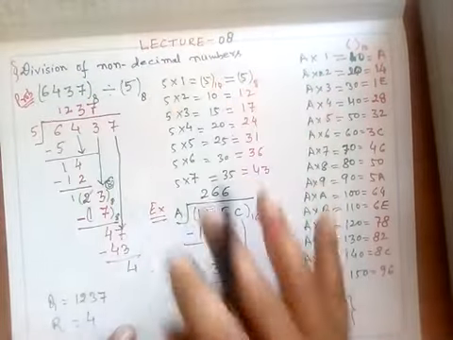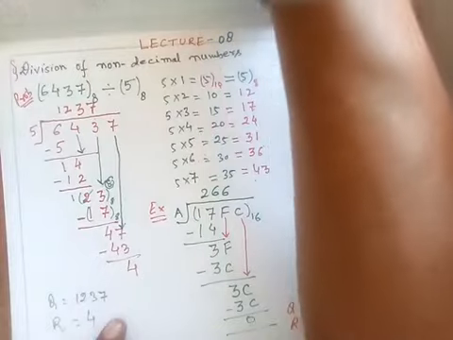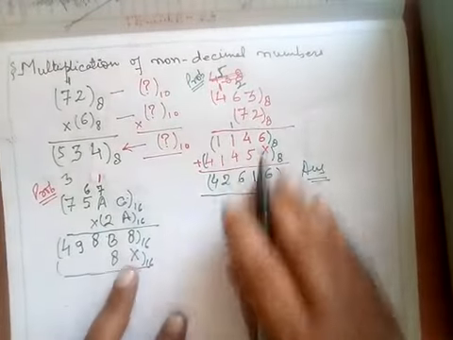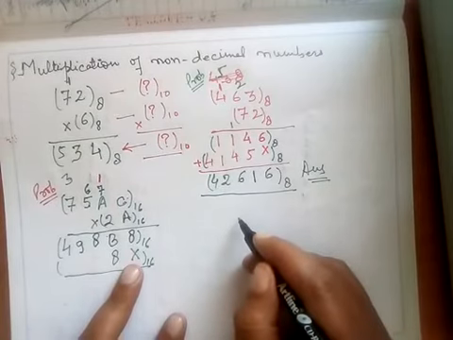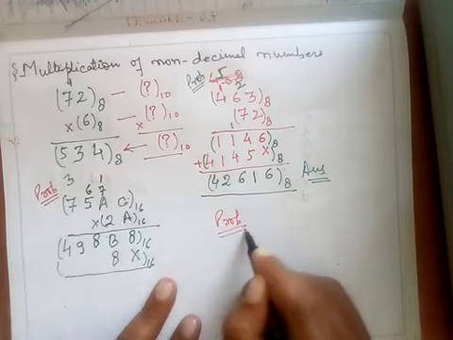This division of non-decimal numbers is clear to you. So multiplication is clear, I suppose, and division is clear to you. For multiplication, let me give one problem. Let's do the binary one on your own. Suppose it's a problem here. Homework for you.